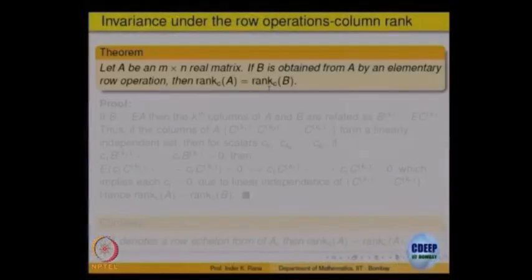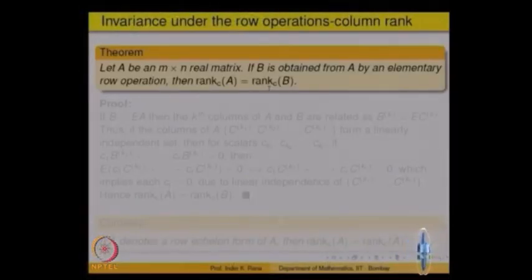So, rank is equal to row rank of A, is equal to row rank of A tilde, that is the row echelon form. All three are the same quantities, right. There is a different way of looking at it, whether you just look at the number of non-zero rows, or look at them as a basis for the row space of the matrix A. Okay. So, this is one observation.